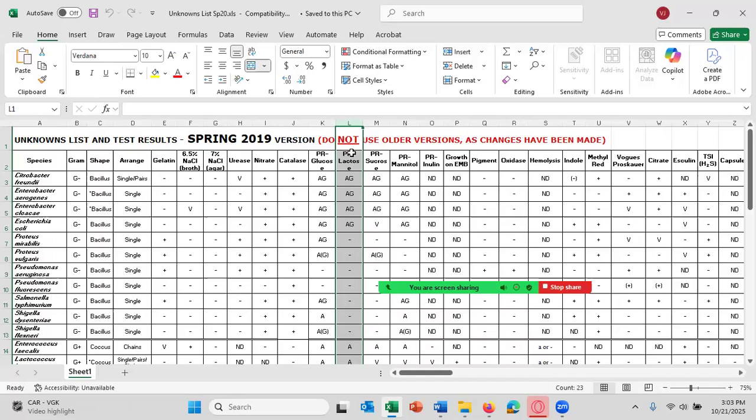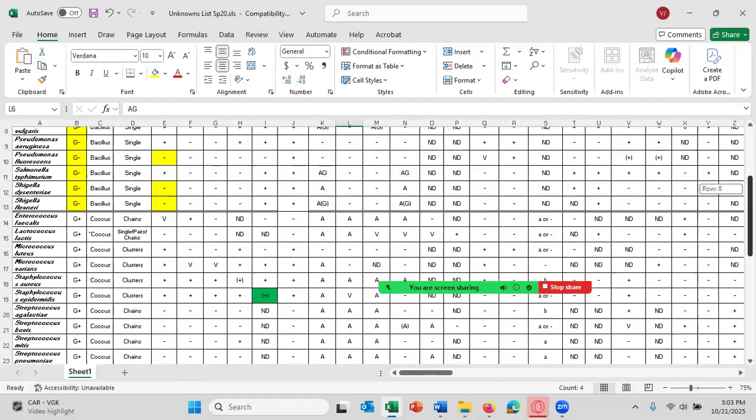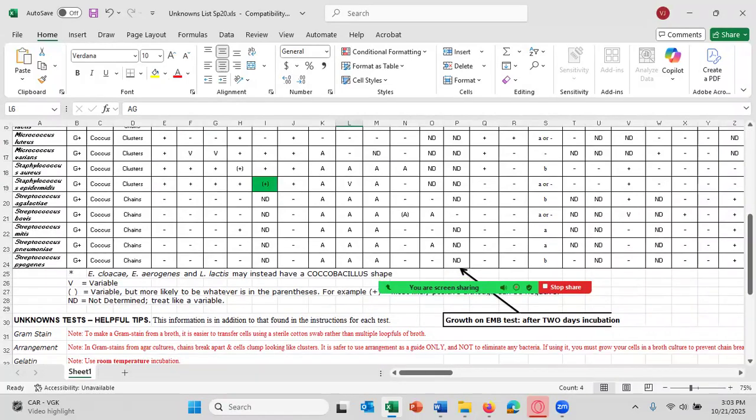Any question about any of that? So put all of this in your unknown notes pages, and then at the end of the document, request the next test. For example, let's say you have a gram negative, and it's gelatin hydrolysis negative. And the PR lactose conclusion is it's AG. We'll talk about that. AG stands for acid and gas. You can find an interpretation of the test down here, except AG isn't here.